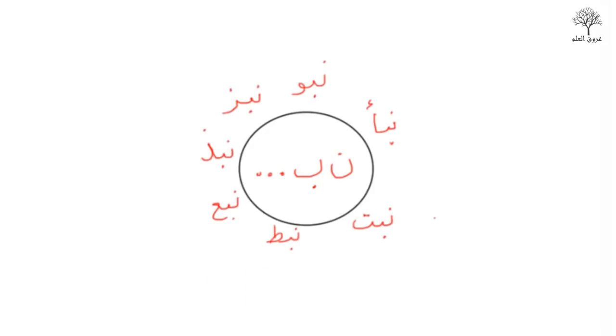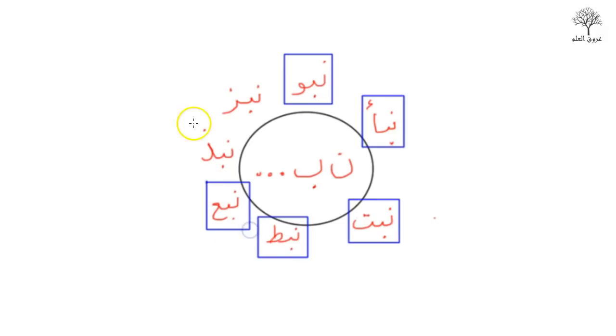So here we want to look at a word, for example, I just thought of a random word, naba'a. It starts off with Noon and Ba. So we're going to look at words in the Quran that start with Noon and Ba. What I found is there are 7 words in the Quran that start with Noon and Ba. As you can see from the top, we have Nabawa, Nabu, Naba'a, Nabata, Naba'a, Nabadha, Nabaza. These are all words used in the Quran in different forms, but you'll find in the meaning they share meaning.